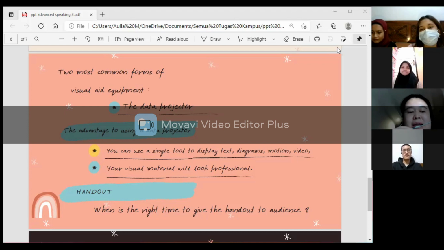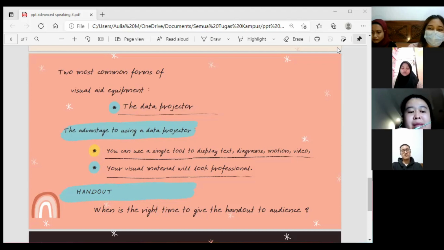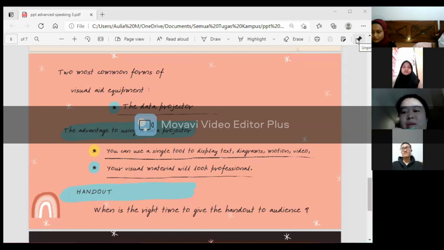Okay, now the first one, you can use a single tool to display text, diagrams, motion, video, and you can even play music if you want. And the second one, it's quick and easy to change pictures. You only need to click the mouse or touch the keyboard.